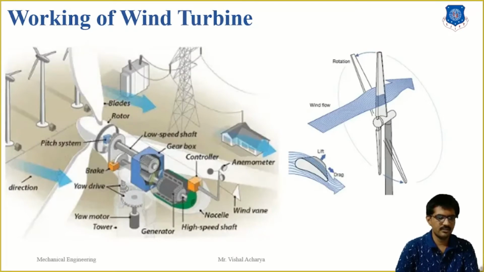When the wind strikes the rotor blade, the blades start rotating. The turbine rotor is connected to a high-speed gearbox. The gearbox transfers the rotor rotation from low speed to high speed. The high-speed shaft from the gearbox is coupled with the rotor of the generator, and hence the electrical generator runs at higher speed. An exciter is needed to give the required excitation to the magnetic coil of the generator field system so that it can generate the required electricity.